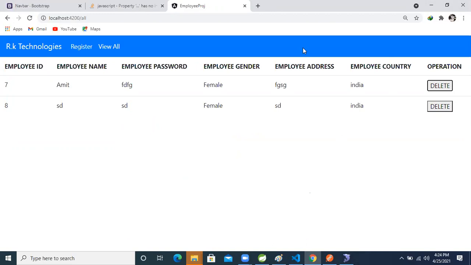To perform an action, we need to write logic, so let's write the logic. But first, red color means danger.